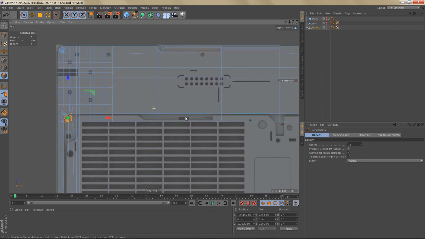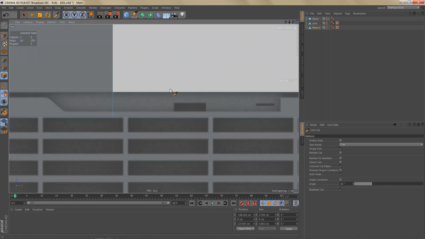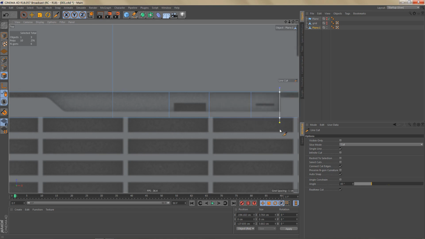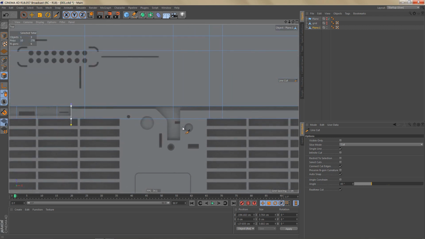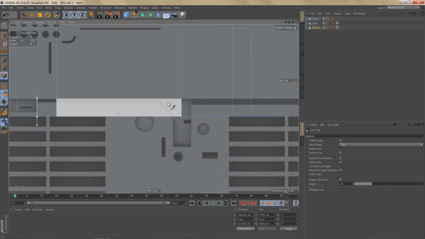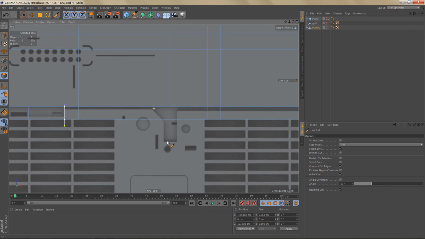Over here we have some more details, so we need to create some more geometry to be able to add those details. And in this area here, we actually need a little bit more geometry, otherwise there's going to be a hole in here. So what I'll do here is